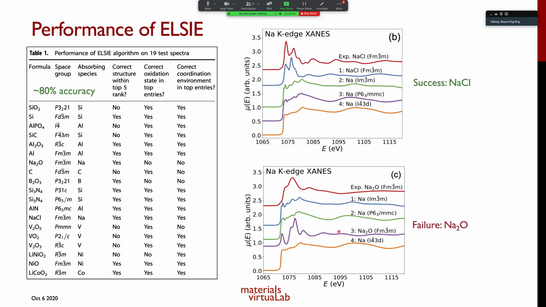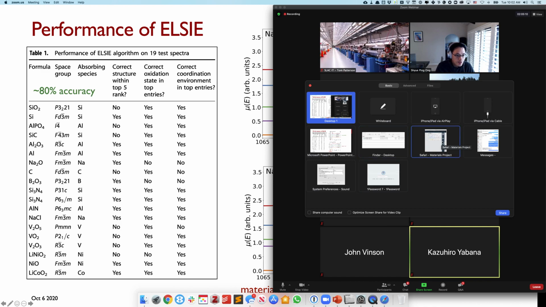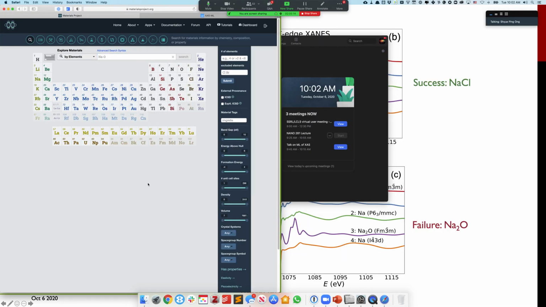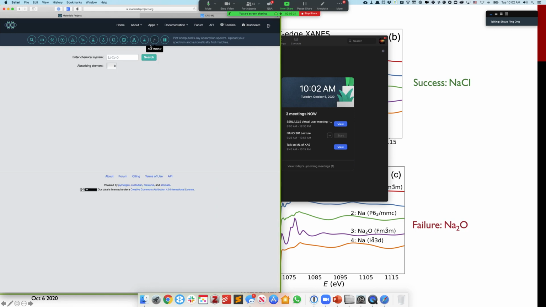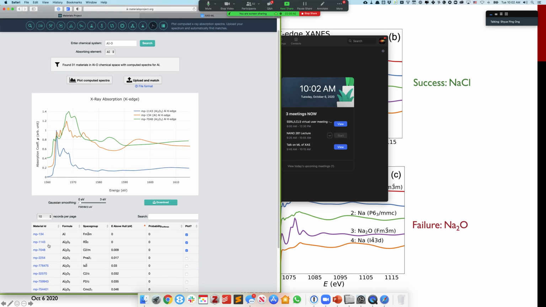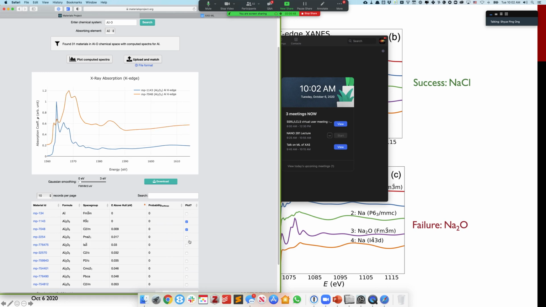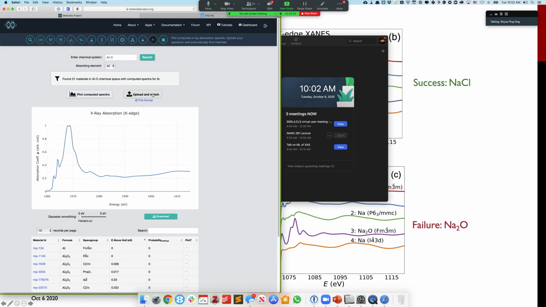Now, I just want to switch to the website to show you a demo. So this is the Materials Project. If you go to www.materialsproject.org, this is the Materials Project website. You click on the XAS app. You can choose, for example, the elements, and you choose your absorbing element, and you can ask it to plot the spectra. What you see here is all the computed spectra for different species containing aluminum or oxygen in our database, and you can of course choose different spectra to show and compare. Now, what I really want to show you is this upload and match